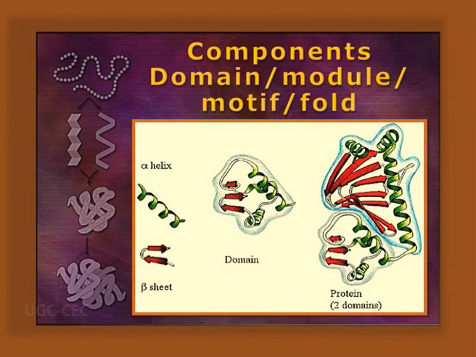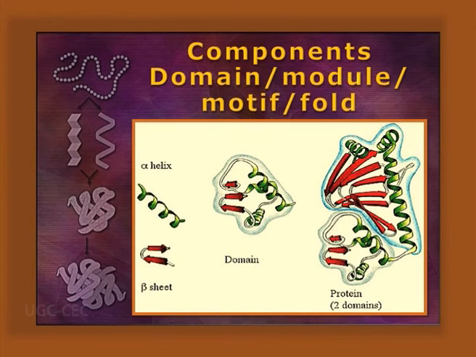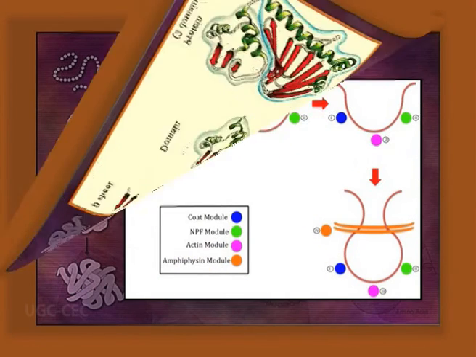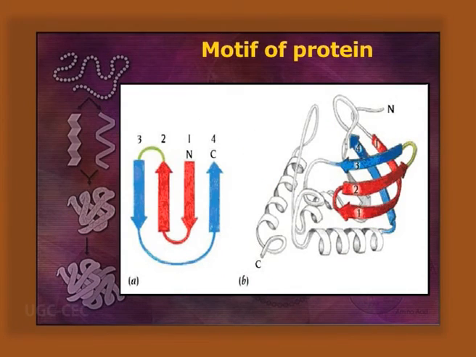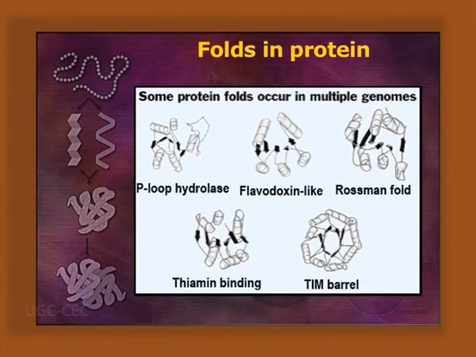Let's talk about the components of the tertiary structure, including domain, module, motif and fold. Domain is the folding of a polypeptide chain giving particular structure and function. It is found in the tertiary structure as well as the subunit in the quaternary structure. The module is the contiguous part of the polypeptide chain having a particular property. Next, motif: the way the supersecondary structure is arranged in the tertiary structure. And the fold, the overlapping and non-overlapping ways in which the folds are combined together.